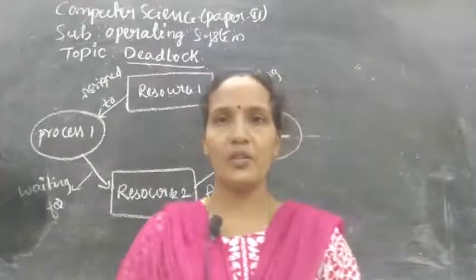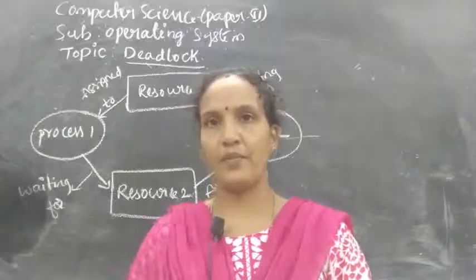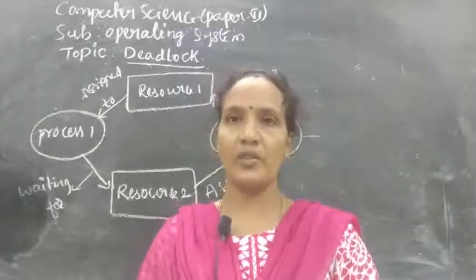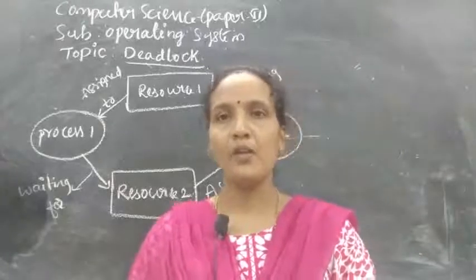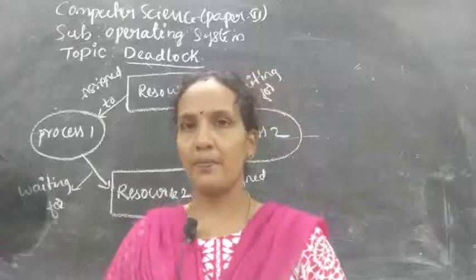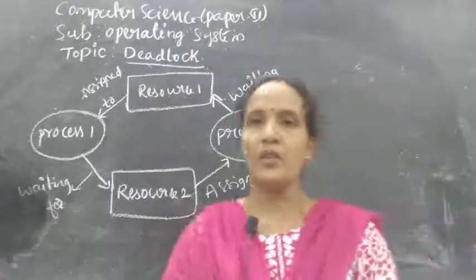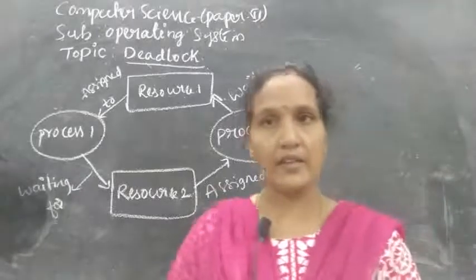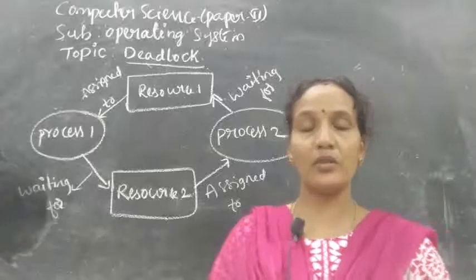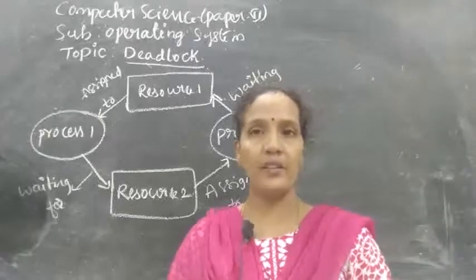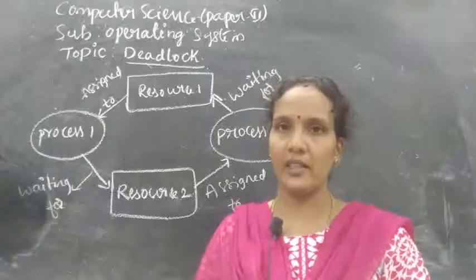I hope you all understood first unit 3 chapters, second unit first chapter, because today here I am going to start second unit second chapter. Okay, so the second unit second chapter, the title is deadlock. So what is a deadlock? What are the characteristics of the deadlock and how to prevent a deadlock, and what solutions you have, how to identify, how to solve the deadlock problem, that we'll discuss in this chapter.